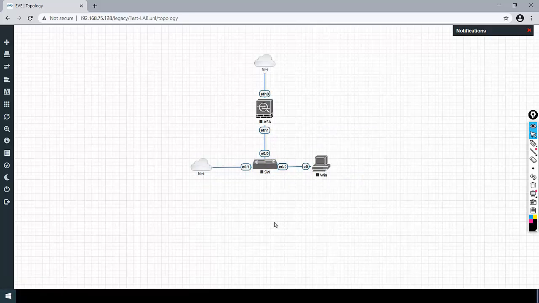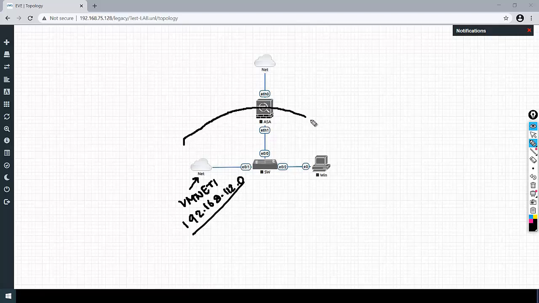Okay, so everything looks good. Now as you can see, we have attached one port of the switch with VMnet 1. One interface is connected with VMnet 1, which has a subnet of 192.168.112.0 in our case. So we will be using this subnet on the whole of our inside network, so the network doesn't become complicated.